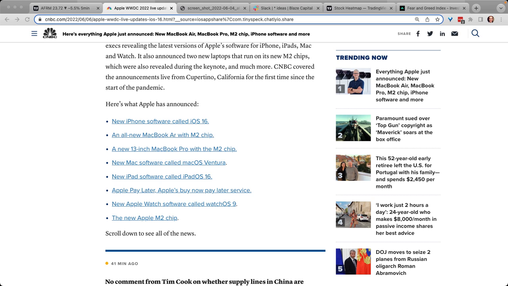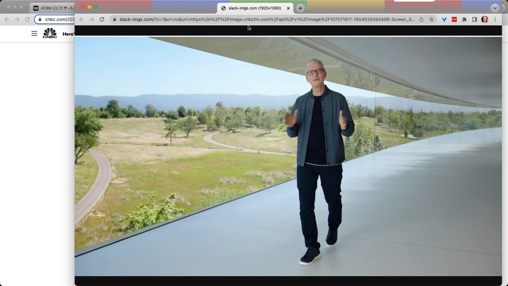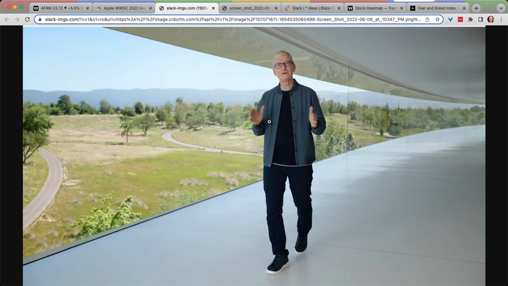So here's the picture of Tim, where he looks like Eminem, right? Let me see if we can find this picture here. Here we go. There's Tim Eminem, right? He looks just like Eminem. If you pull up a picture of Eminem, he looks just like him. He's dressed like him. He's moving his hands like him. This man has some style. And he was not actually giving most of the keynote address today. It was very interesting.